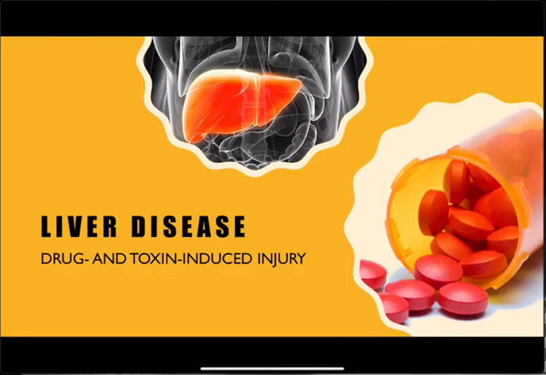The next category of liver disease is drug and toxin-induced injury. Since the liver is our major drug metabolizing and detoxing organ, it's extremely vulnerable to drug and toxin-induced injury. And we see injury from a wide array of chemicals. So many things can fall under this category. The most common drug-induced injury of the liver is acute liver failure secondary to acetaminophen, which is an